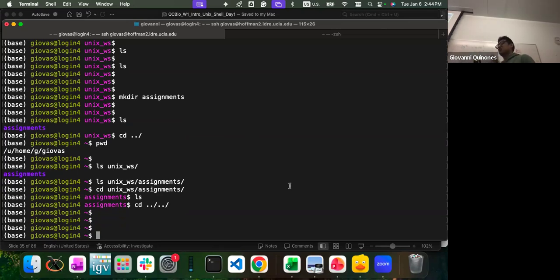Right. No, it's not considered root. The word root has multiple meanings when we're talking about Unix. The way I used it first is as the base directory. So that's one way of using the word root. Root also means that you have administrative permissions to do stuff on Hoffman. And right now, neither of us are roots. We are all users. That would be the term. Now, your home directory is just your home directory. That's the directory where you have permission to do anything you want. But you wouldn't call it root per se.